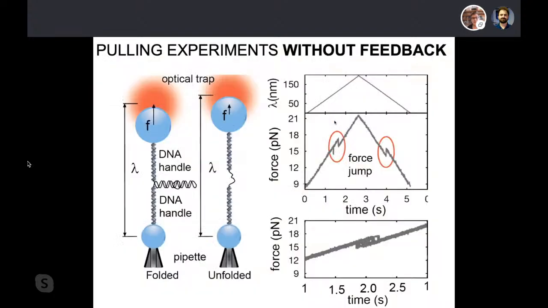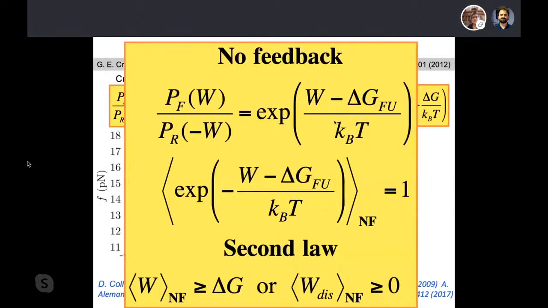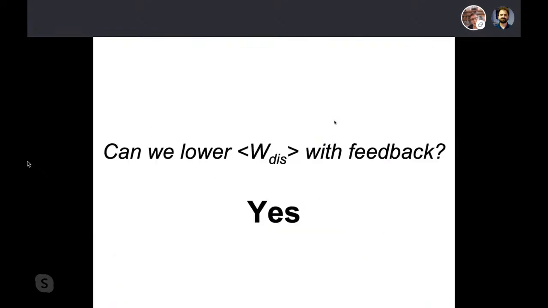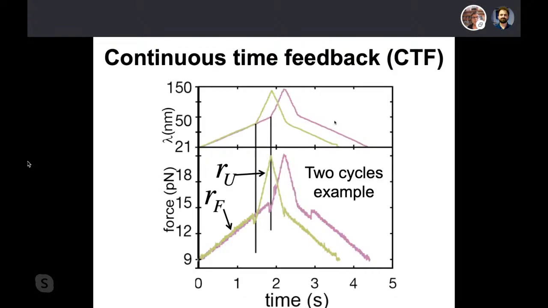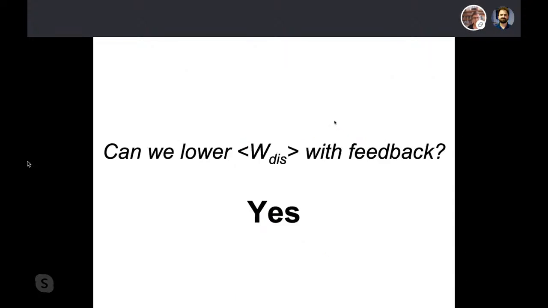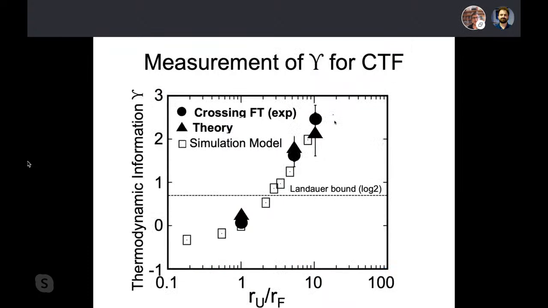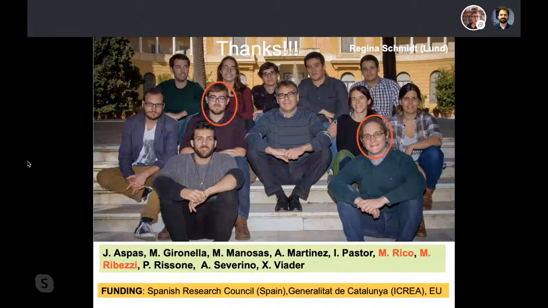I wanted to show you another sort of beautiful experiments that we have done with feedback, by implementing this concept now beyond the Maxwell Demon. So not to convert heat from the bath into work, but whether we can lower dissipation in a non-equilibrium system by using feedback. So by pulling molecules, by continuously tracking the state of the molecule and applying some feedback, and use that to reduce dissipation and to improve free energy prediction. That's another use, an advantage of feedback that no one has considered yet. And the answer is yes, but I won't go into this, and I will stop here because I think that my talk has been already a bit long.